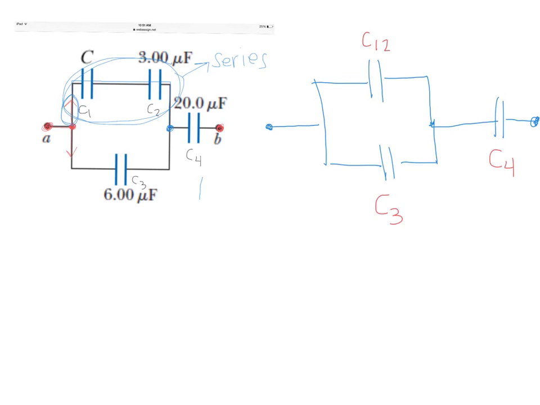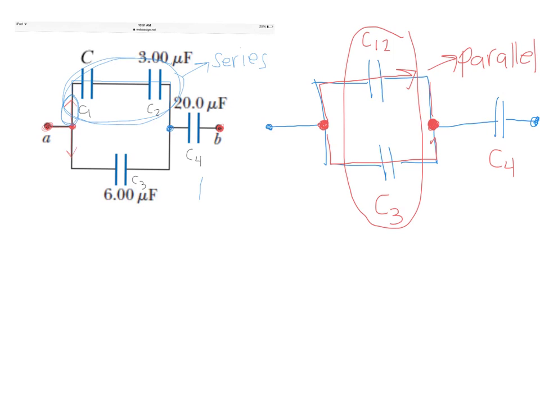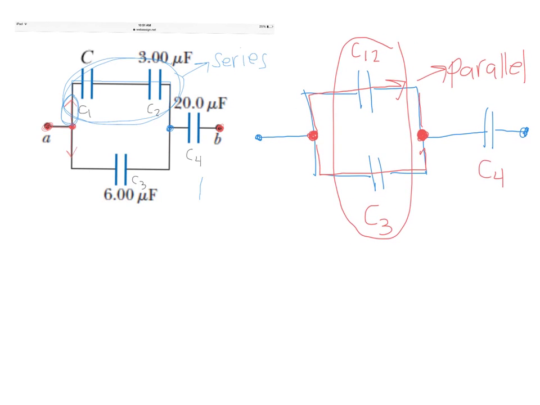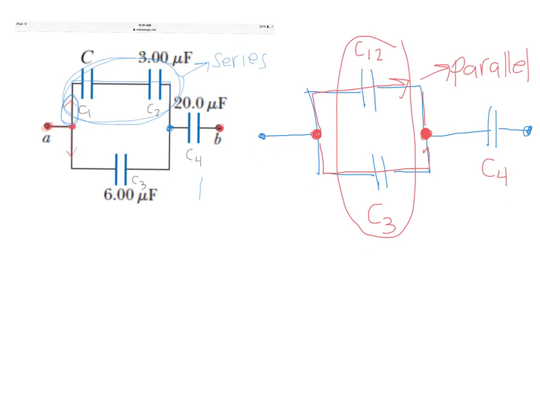Now as charges move from this junction here to the opposite junction, some of the charges would go through C1,2 before reaching this junction here, and others would pass through C3 before reaching this junction. Then we could say that capacitors C1,2 and C3 are actually in parallel, and hence we could simplify our illustration further